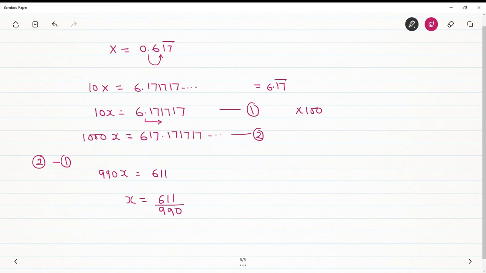So that is your conversion of this recurring decimal into a fraction format, or you can say in the rational number format. So that's all. This is what we learned today, how a recurring decimal can be converted into a fraction. So keep revising these things because this is a very important concept. You will see it many times in IG, in IB. So you have to be very clear about it.